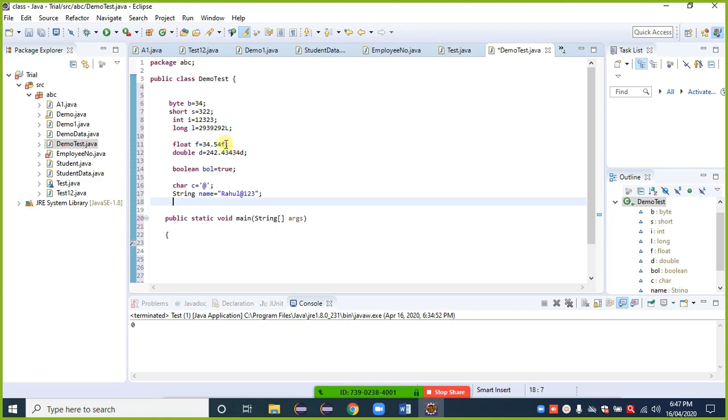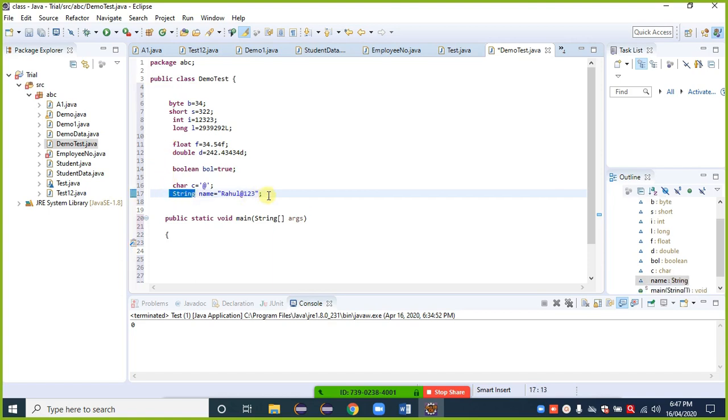In an interview they may ask you what the default value for this data type is. The default value for string is null. I'm writing here null as the default value for string. Char has the default value \u0000.